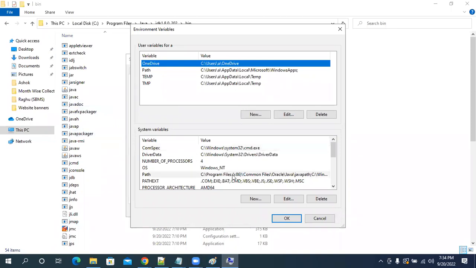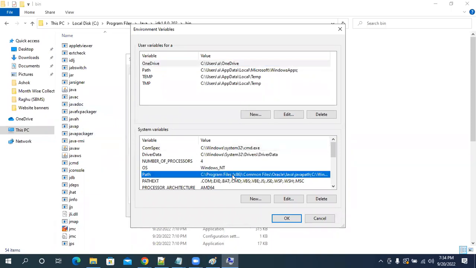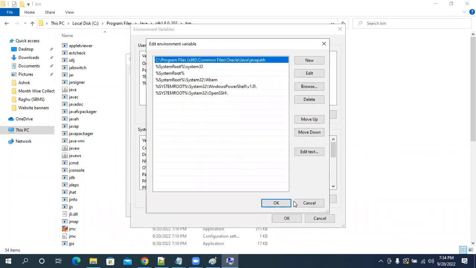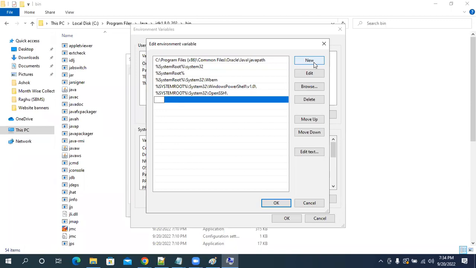Now in the system variables, Path will already be available. There is a Path. Click on edit. Click on edit. Here, click on the new option and give the path for your JDK. That is the new line I have added. Can you guys take a screenshot of that? Online people, for you, I will send it. You guys can take a screenshot of how I am adding the path for Java.